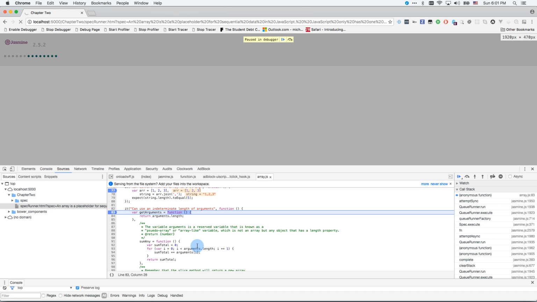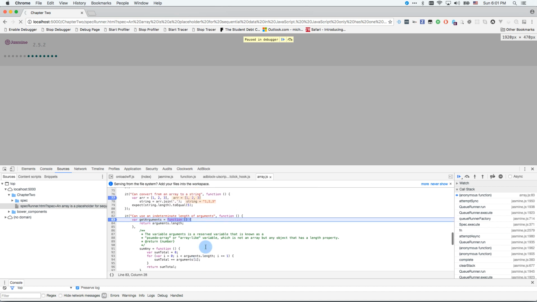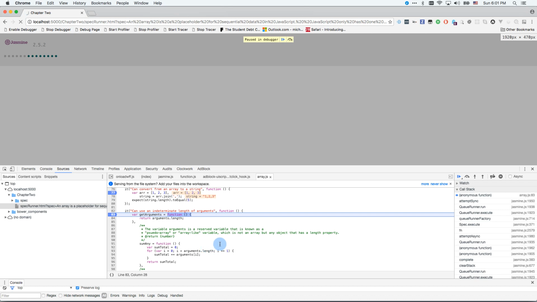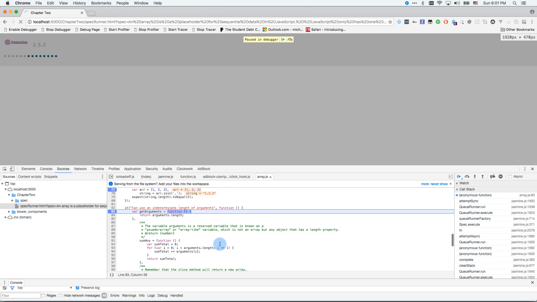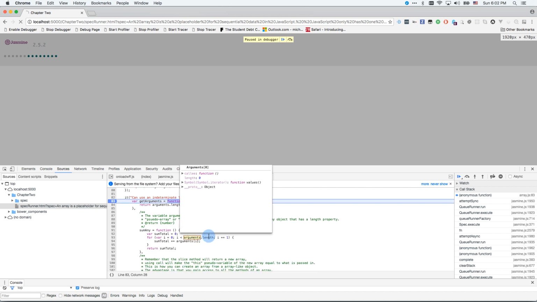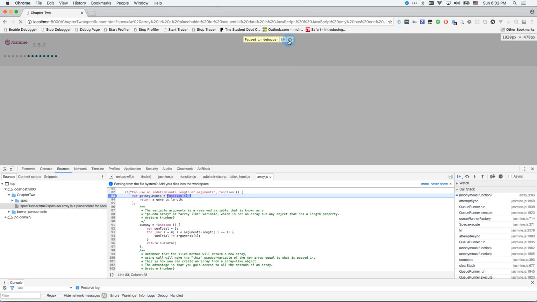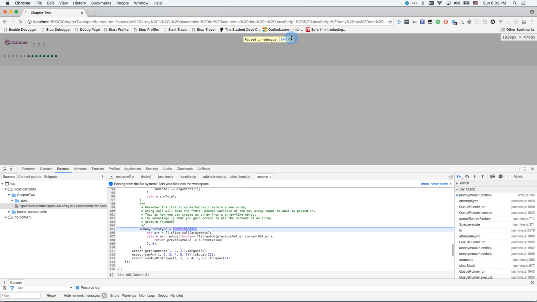Now, it is not an array because you cannot use array methods on it. If you attempt to do that, you're going to get a problem. That's why we looked at slice and splice above, because we can create a new copy of it, and with this new copy, we can modify it how we need to. So here we have first getArguments, which is going to tell us the length of any arguments that are returned,